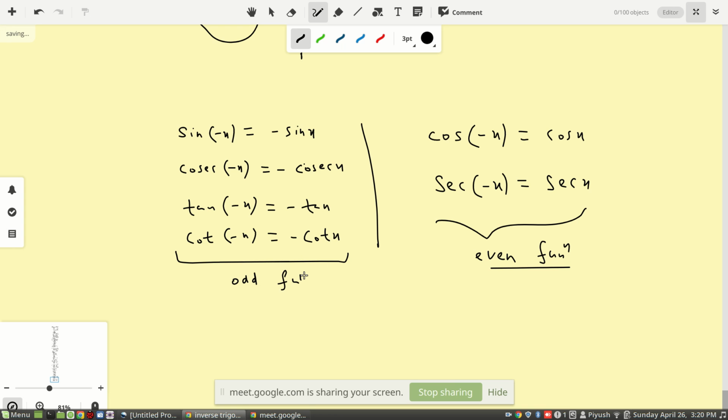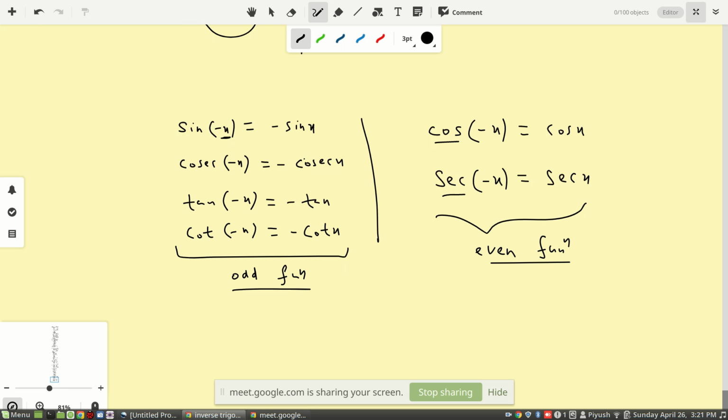This odd and even is not of use for now, I am just giving the information. Here we have to use what happens when we put a negative in the case of normal trigo functions. In the case of cos and sec, the negative will not affect anything, and for the other 4, the negative comes outside. Now let's use this information to solve the problem.